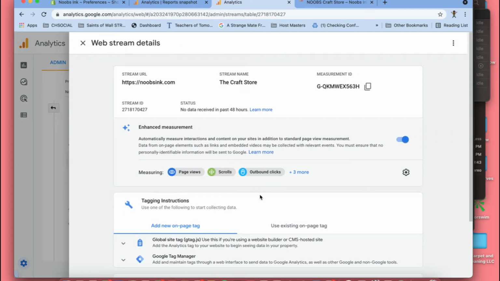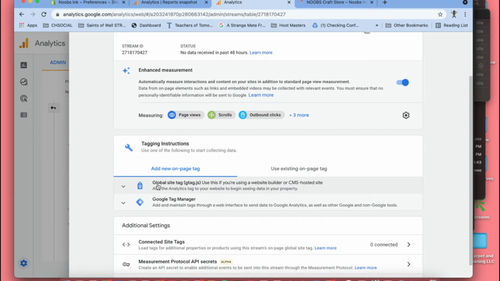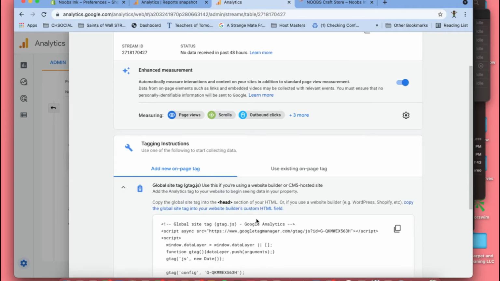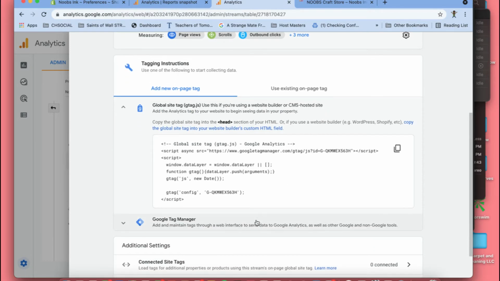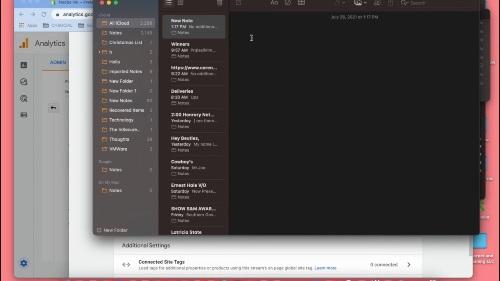All right. Once you have created your stream, what you're going to do right here is where it says Global Site Tag Manager. That's what you want. You're going to do this, okay? And of course, it gives you your configuration ID, but you're going to copy this. I always say just copy it, and then what I like to do, so I'll have it handy, is I'm going to keep the screen open. So I like to go to the screen there, and then I'm going to put news, and put craft store